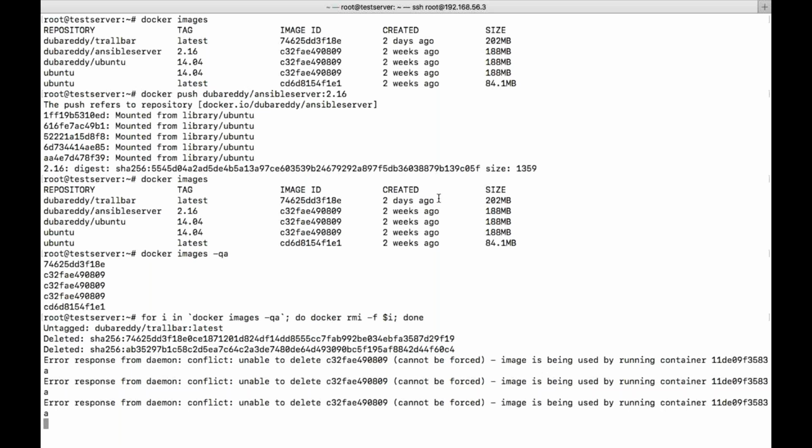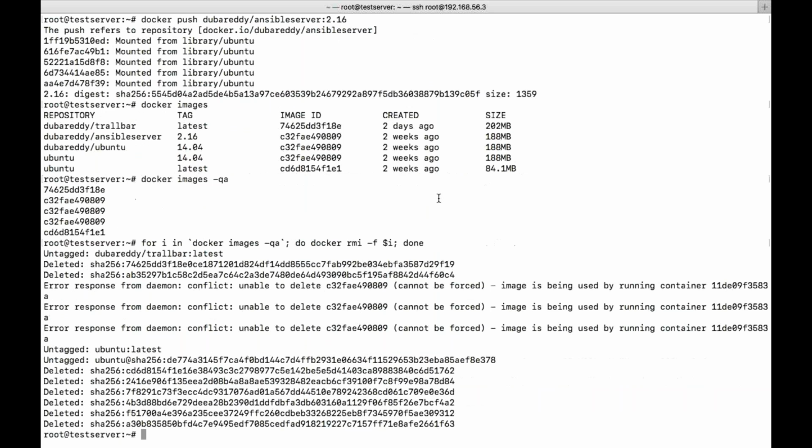Okay, there is a container running with this particular image, so I cannot delete it. Obviously these containers are running in the background.